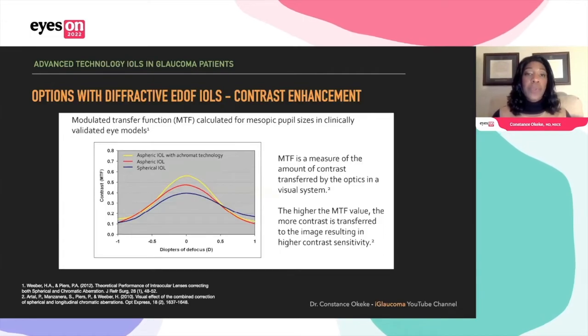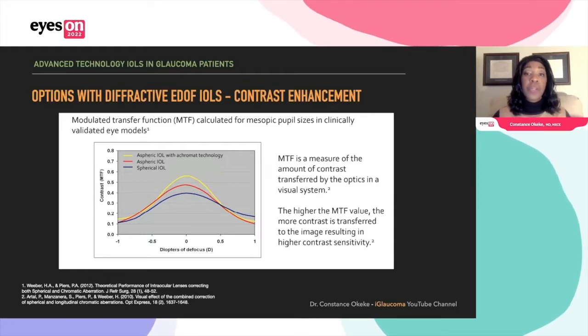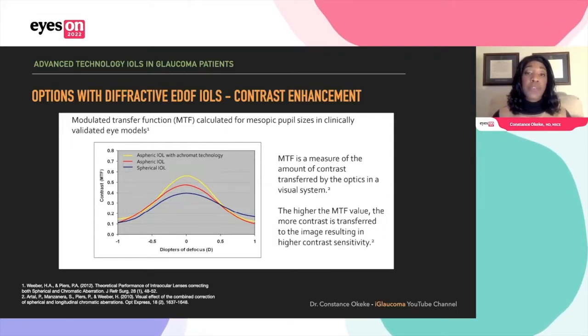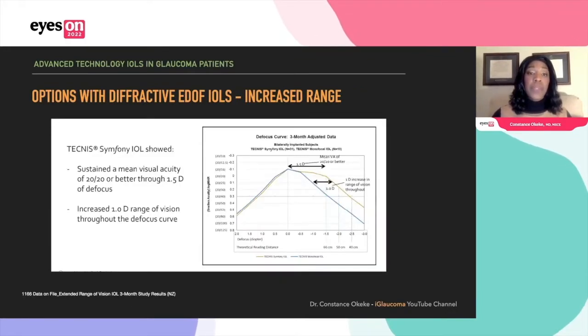And one way to evaluate this contrast enhancement is with the modulation transfer function, which we mentioned earlier. And this is where you measure the amount of contrast that's being transferred by optics in a visual system. And the higher the MTF, the more ability for the contrast to be transferred and the higher the contrast sensitivity. And so with the Tecnis Symphony lens, this lens had the ability, seen here in the defocus curve, to